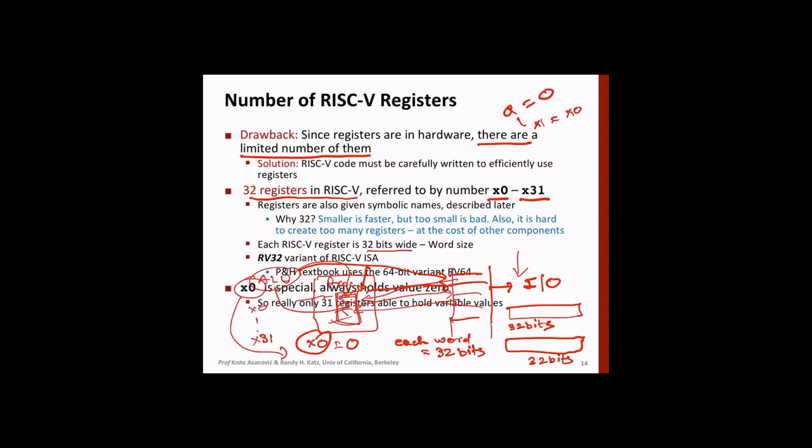Or for example, you have an instruction like A is equal to 4, this is the initial statement. So what you can do is bring it to this register, say X1. The instruction will be add immediate X1 equal to X0 and the value 4. So X0 is always 0, add 4 to that, and then bring the value to register X1.